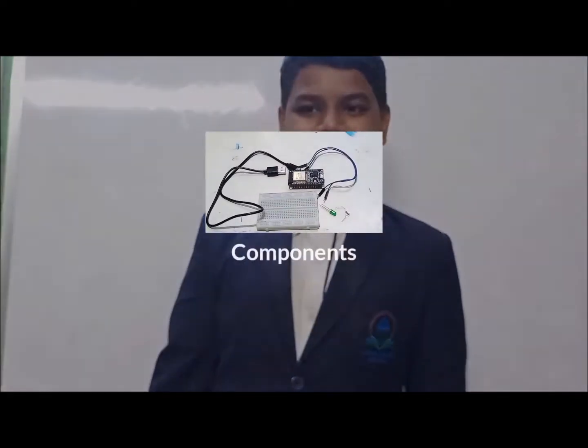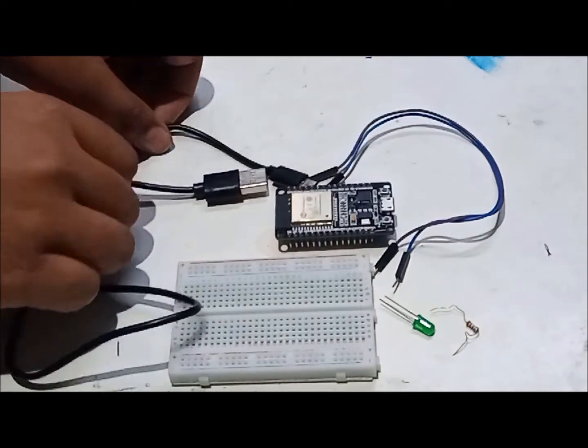Today I will be doing a project based on ESP32. In this project, we will be controlling an LED with the Blynk app and with the help of ESP32. So let's get started. For this project, we will need USB cable,